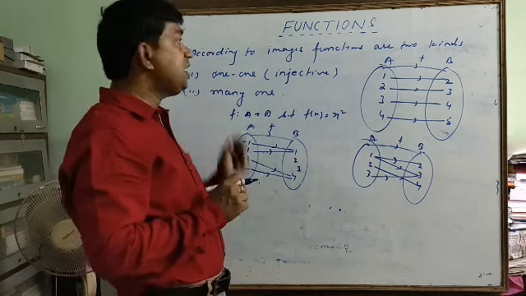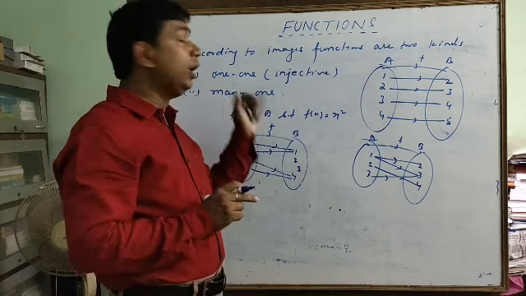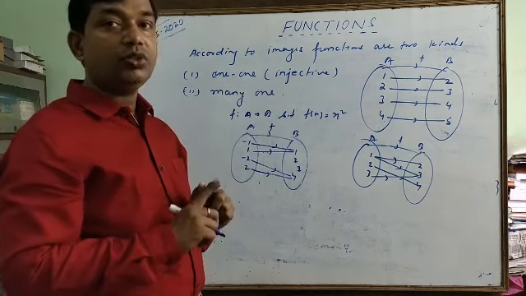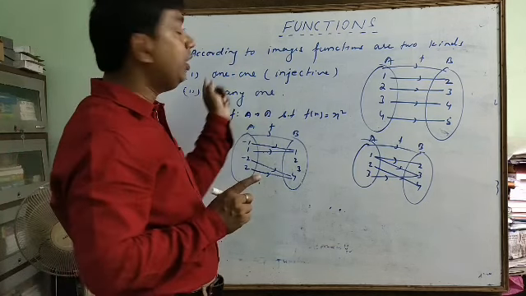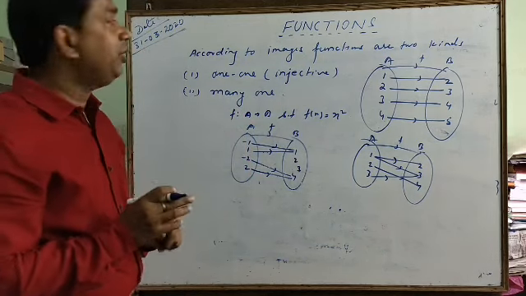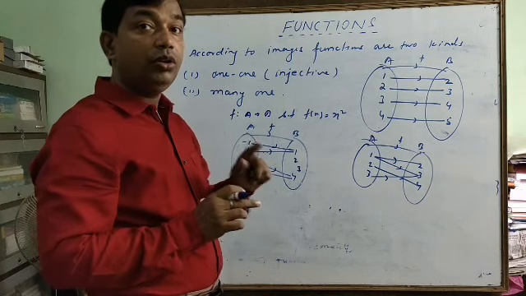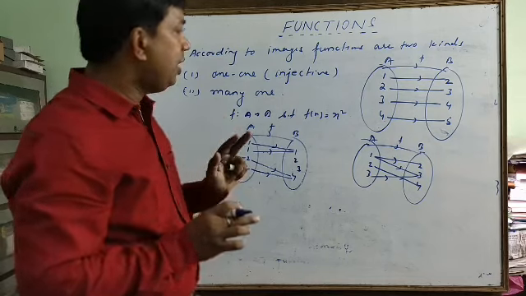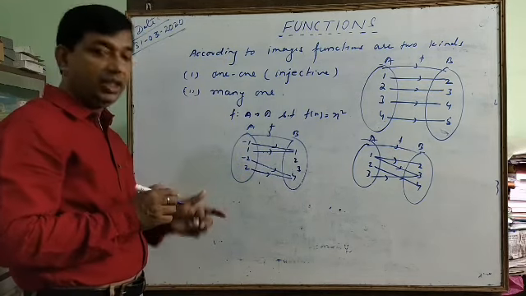And according to images, functions are again two kinds. One is many-one and other is one-one. One-one is called injective and onto is called surjective. Injective and surjective, that is one-one and onto function. So if we combine all the functions, first is one-one into, one-one onto, many-one into, many-one onto. So these are the four categories. After that we will write that thing. First you write